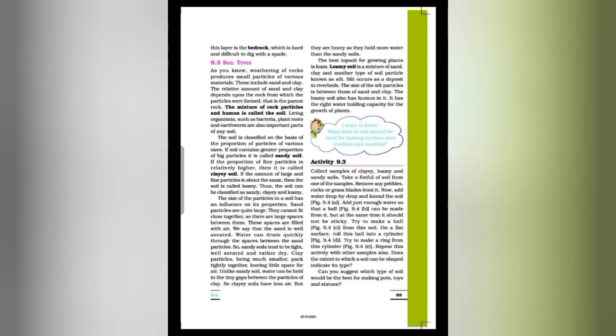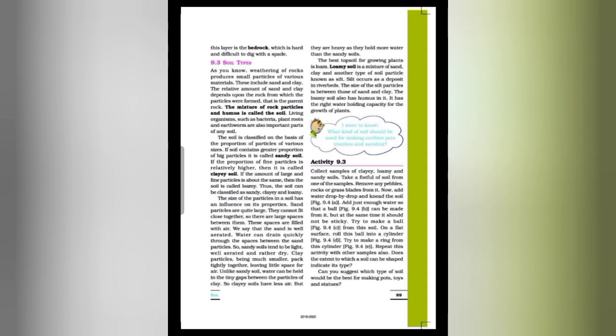Sandy soil is light. It has a tendency to be blown away by the wind, and sandy soil lacks humus, so it is less fertile. That means humus is not present in the sandy soil, that's why it is less fertile. Sandy soil does not hold water, has less humus and fewer soil organisms, so it is not suitable for growing crops. Sandy soil is not sticky. Sandy soil is found in deserts. So these are the properties of sandy soil.